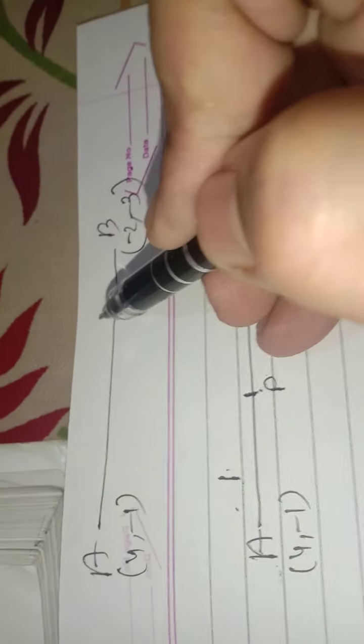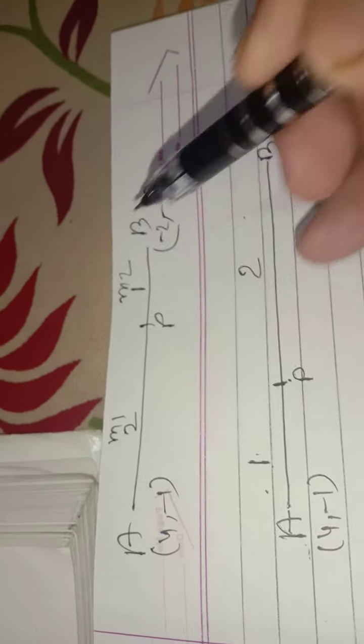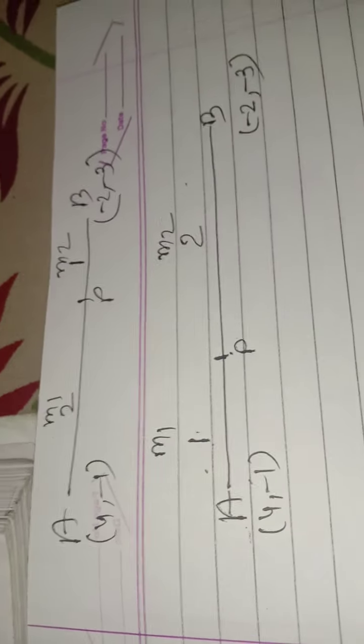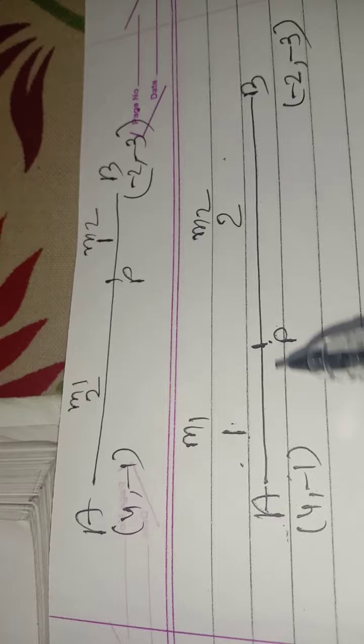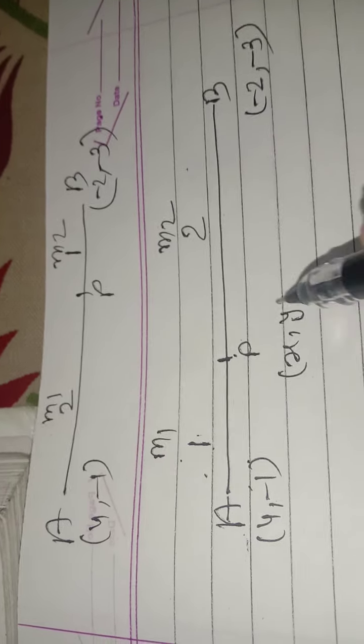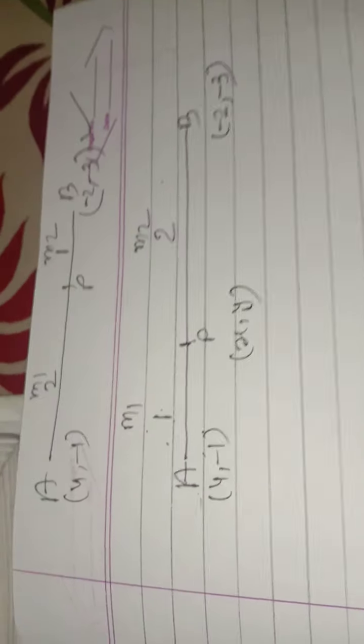So now this P I am taking here, and then it will be 1 and it will be 2. So here m1 will be 2, m2 will be 1. But in this case, m1 is 1 and m2 is 2. Understand? So it is not indicated from which side it is dividing. So I am taking m1 as 1 and m2 as 2, and I don't know the coordinates of P. So that we will do as an assignment. I am going to do this one.